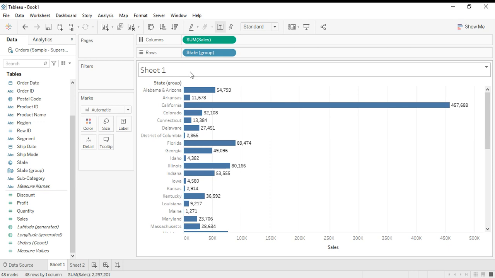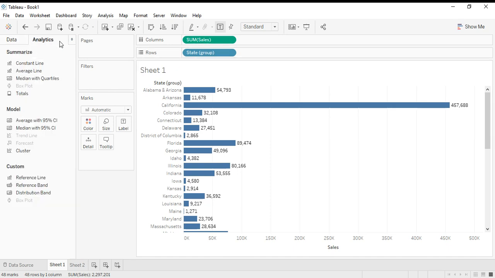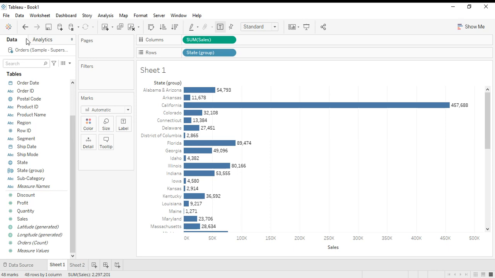I wanted to group things from the data window as well. This is called the data window, you know, right? This is the data window and this is our analytics window. So in the data window, I'm going to group it here. For example, I'm going to go to subcategory.